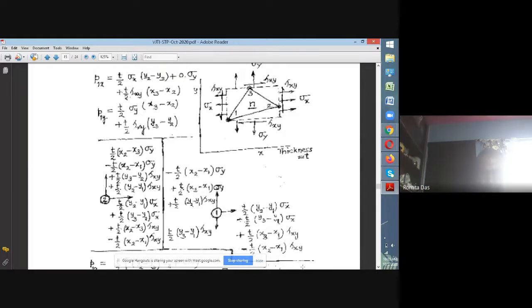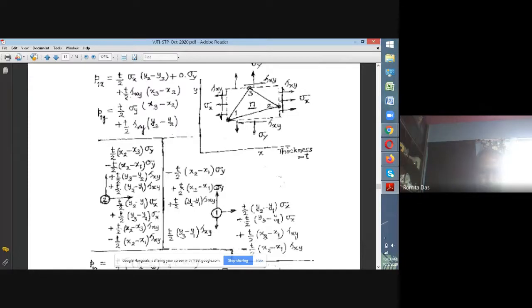load and that load. Now think of it, we also have load coming at this node because there is sigma x stress on this segment, which is from node 1 to node 3. That is actually in the negative direction. So it is nothing but y3 minus y1, multiplied by t by 2 into sigma x. That's the load acting in the negative direction, and it's written there in the second line.